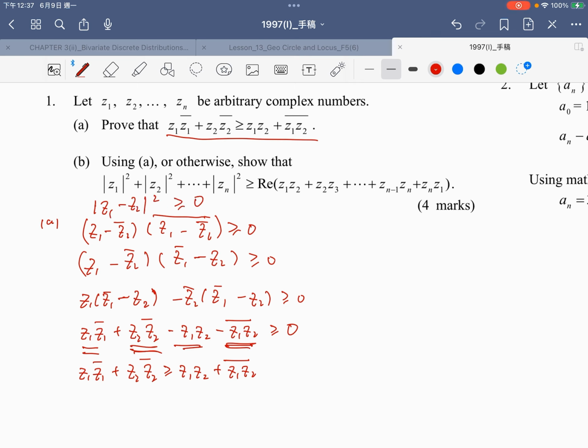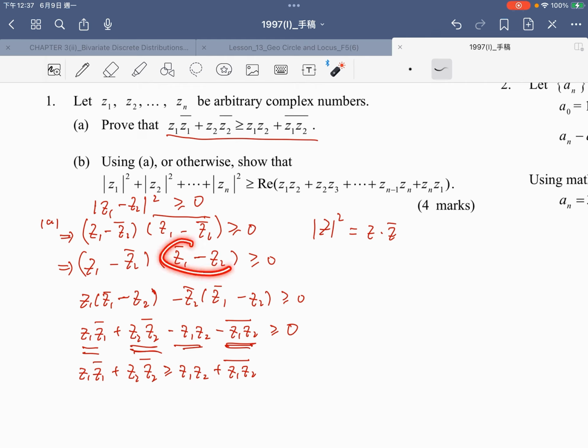That is absolutely greater than 0. Therefore, we can begin with this one, and then by the definition that the modulus of Z squared is equal to Z times Z conjugate, we use this definition, and then expand